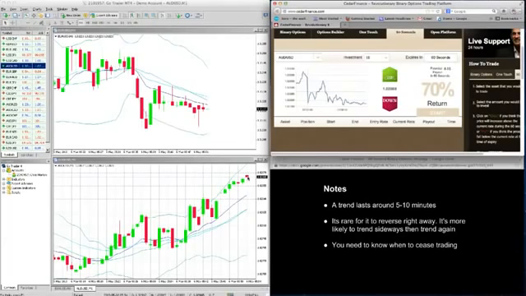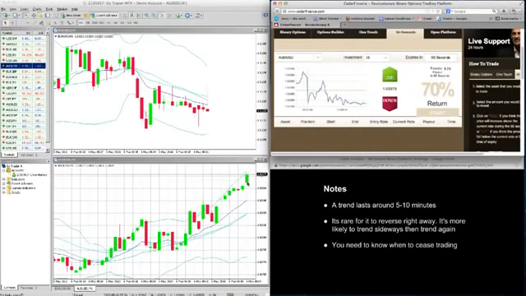The next one's... so also you can see here the trend is continuing to go up. So if you're placing trades in here,